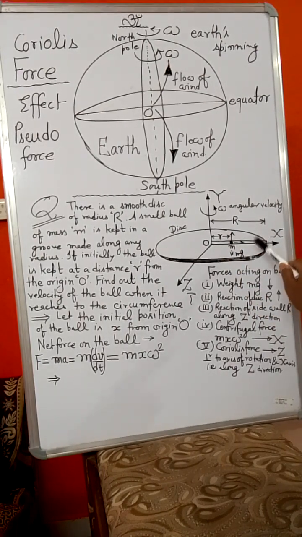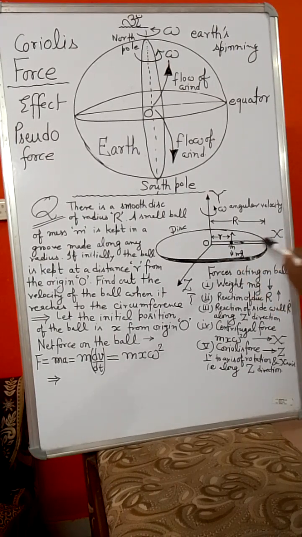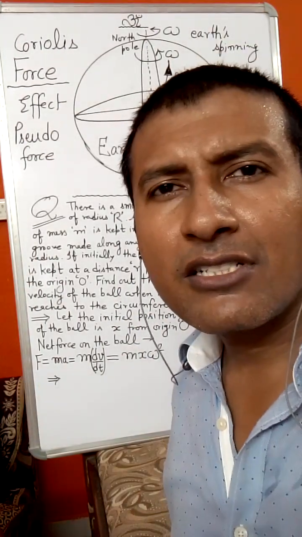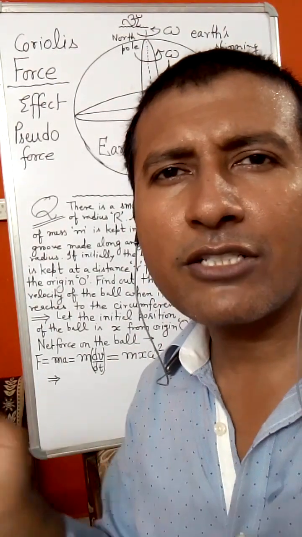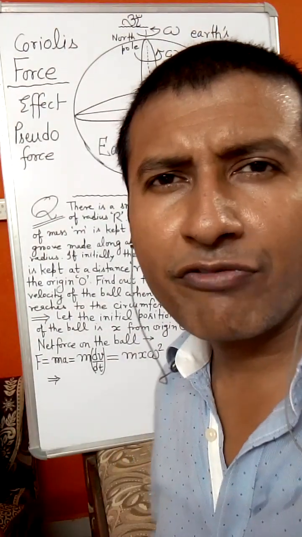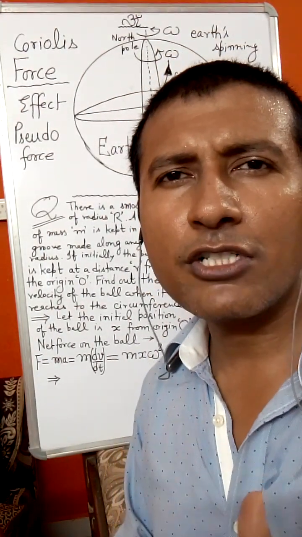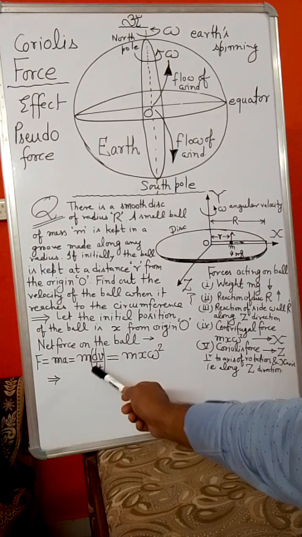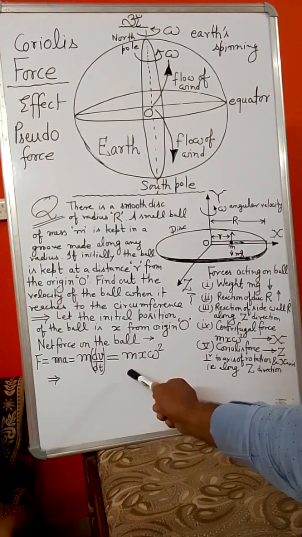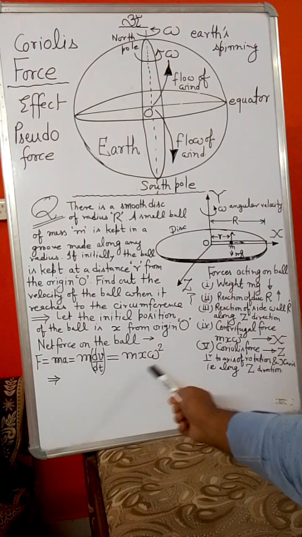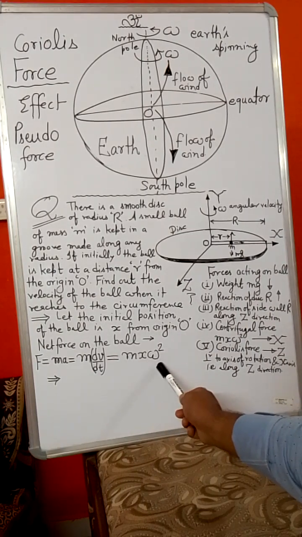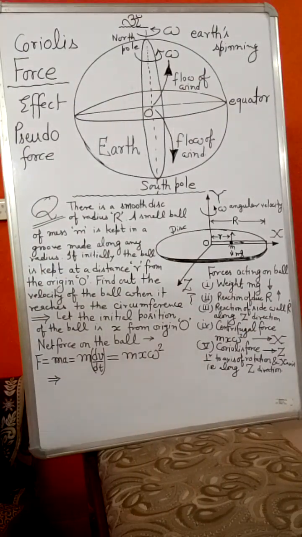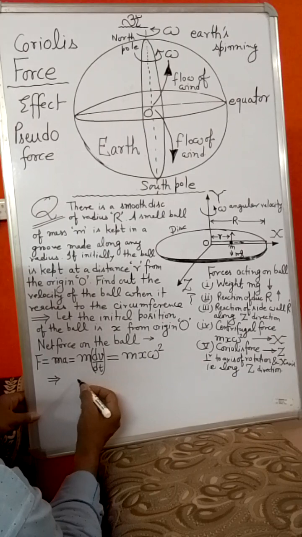So along this direction, let's suppose the net force is F, which is equal to mass into acceleration, and the differential form of acceleration is the rate of change of velocity per unit time. So F is equal to ma, which is equal to m times dv over dt. This must be equal to the centrifugal force m x omega square. Now what will be the next step? It will be like this, m times